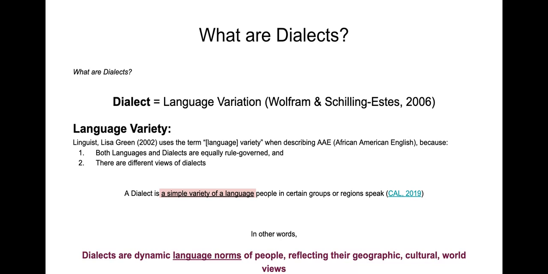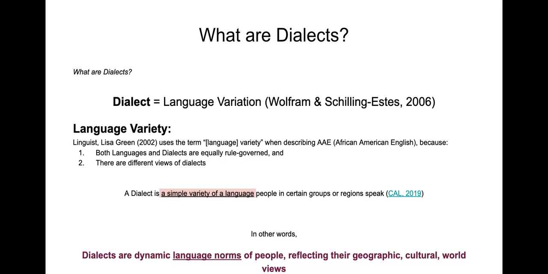Dialects are not accents. And that's the major point that I want you to understand from this entire lecture: that dialects are like languages, and therefore no dialect can be less than another dialect, nor can it be less than a language, because it's at the same level as a language. And so if all dialects are equal, then we have to mutually respect all dialects and languages. It's not to say that all dialects are necessarily appropriate for certain contexts, but that doesn't mean one dialect is superior or inferior.